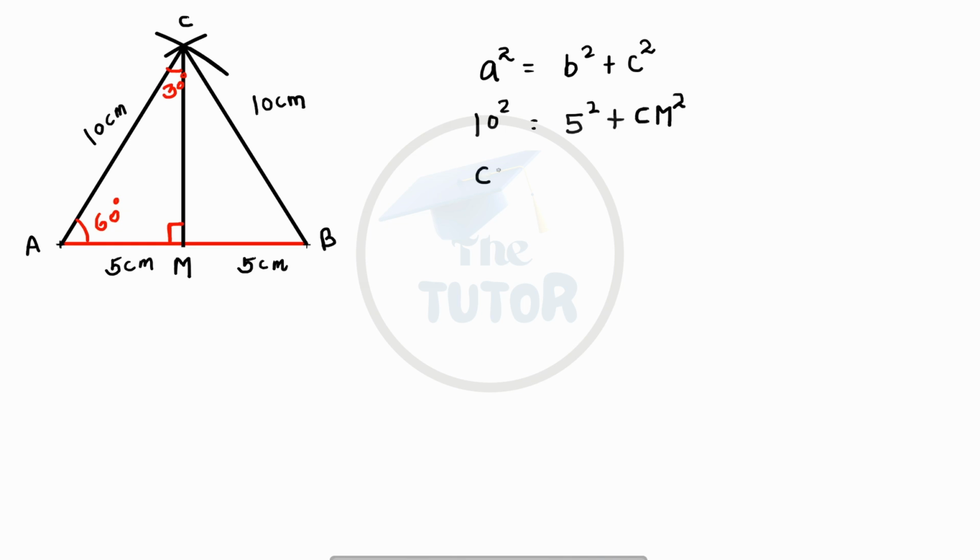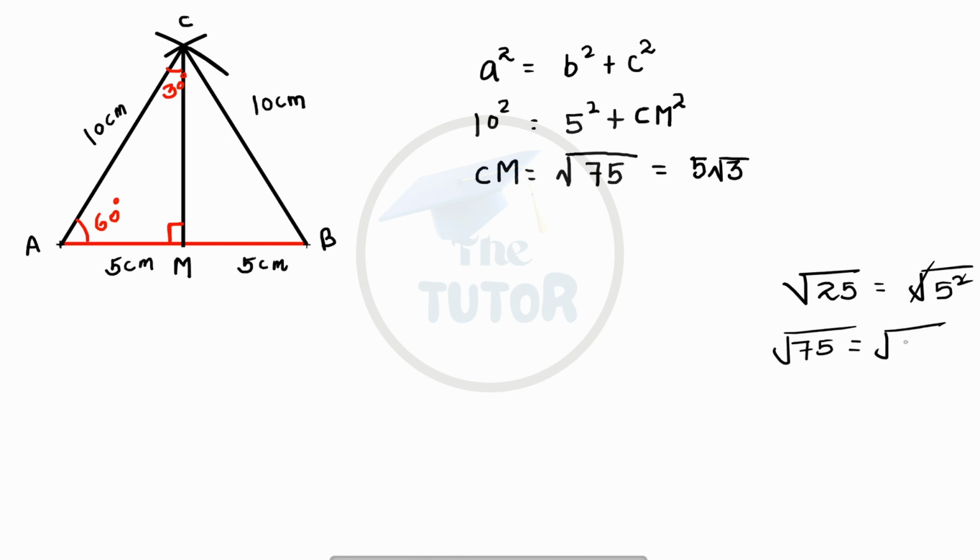From here, you can figure out CM is equal to the square root of 100 minus 25, which is 75, square root of 75, right? Which can further be written as 5 square root of 3. How do you do this? If CM is the square root of 75, 75 can be written as 5 times 5 times 3, right? So the square root of 75 can be written as the square root of 5 squared times 3. 5 will come outside of the square root because it has a square. So finally you have CM equal to